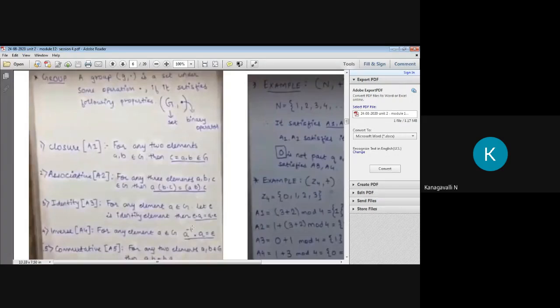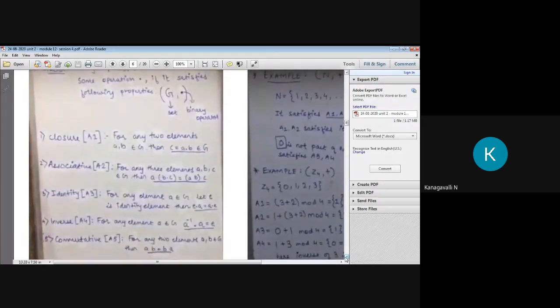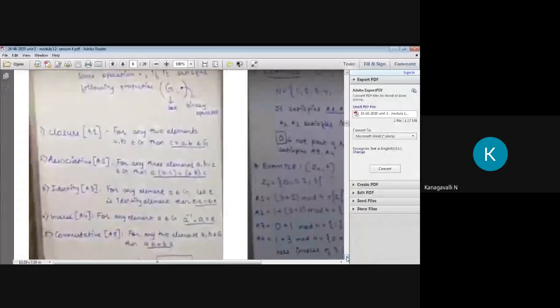Then identity is the same thing. If you multiply with something, you also get the same result: e dot a equals a dot e, right? Why am I explaining once again? Because in parallel we will see a sum, right? So I am showing the two sheets in a single slide. Then inverse: for a belonging to G, a inverse times a gives your identity. Something multiplied with its inverse definitely gives 1, right? So this is your inverse property. Then commutative: for two integers, a dot b equals b dot a. I think you are clear on the properties of groups, right?